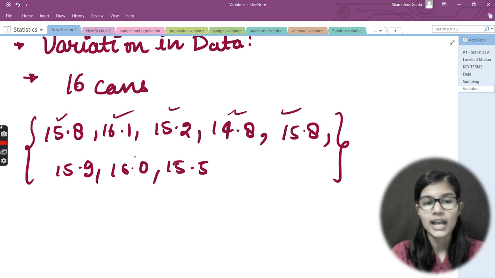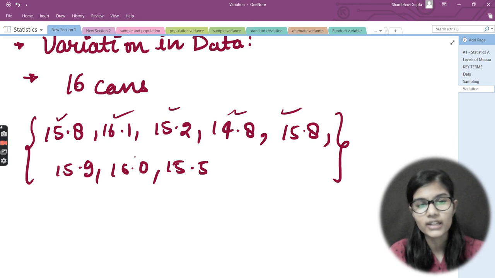Let's say you are there and one of your friends is there. You both are having the data, right? So one data can actually vary from the other data as well, right? There can be some purpose for that, and this is a completely natural thing that can actually happen. It's not always the case that data are always the same or always equal. No, it's not the case. They can vary from person to person, right?